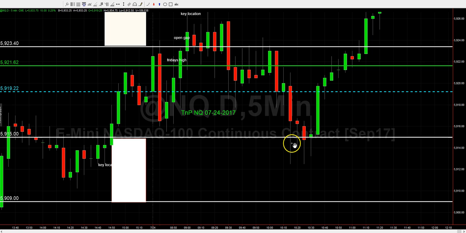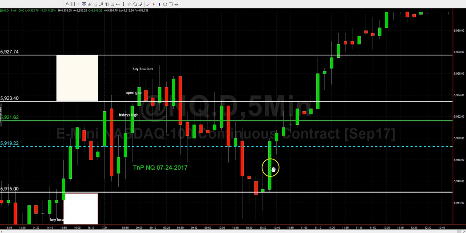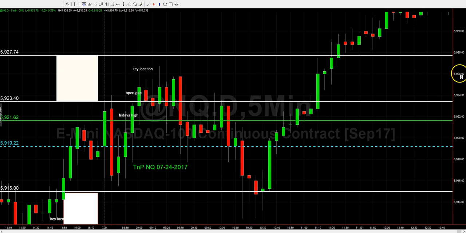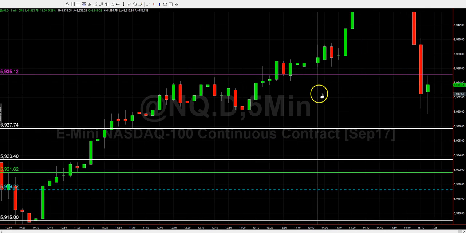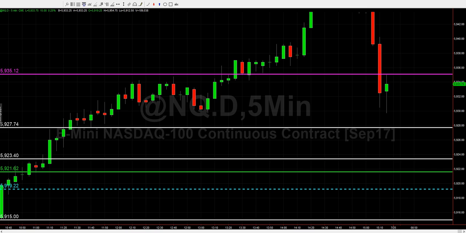It holds for 20 minutes approximately. And then we reverse, push back up. This is the third time into the white zone, finally breaks. We get an impulse move above, right? And then I believe if we look right now in